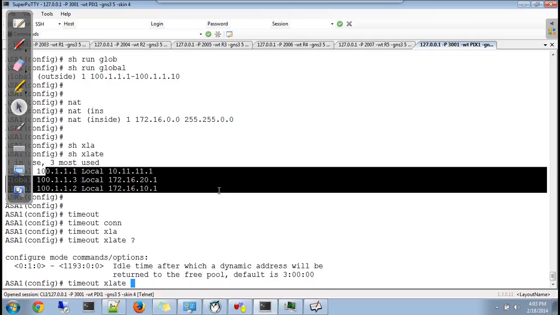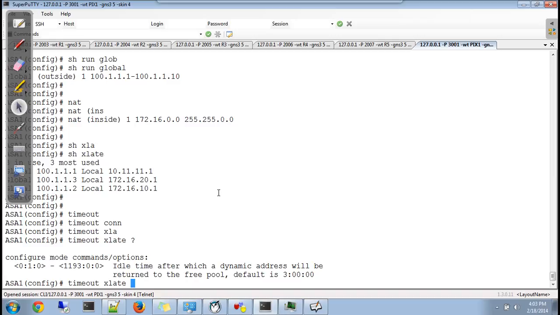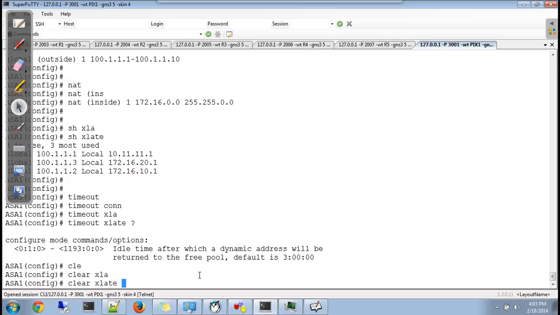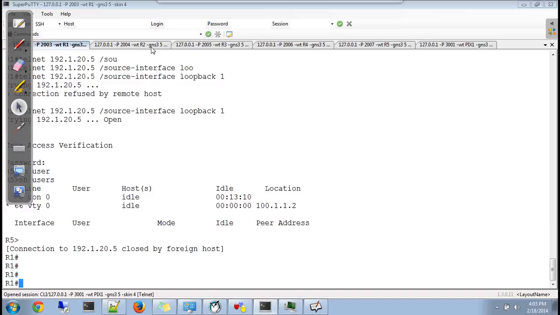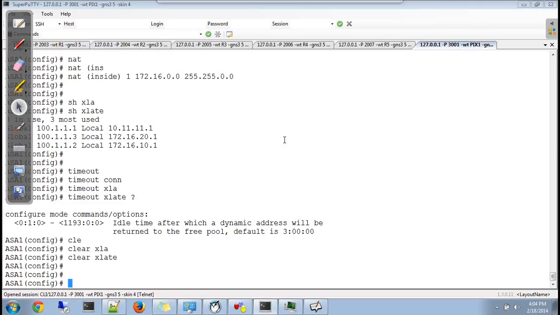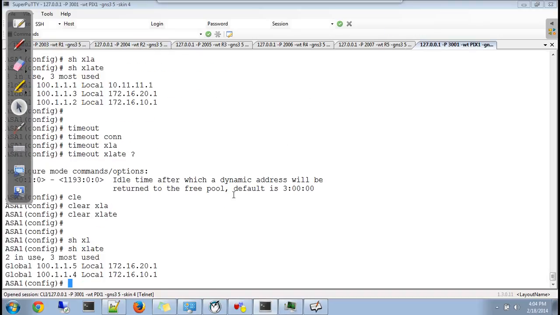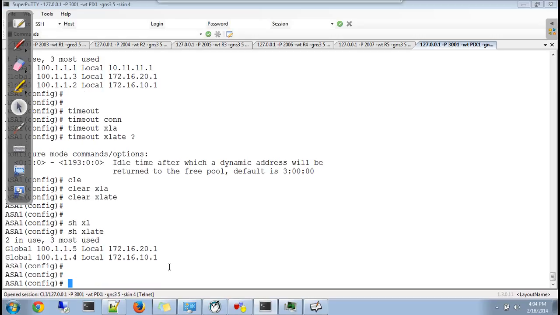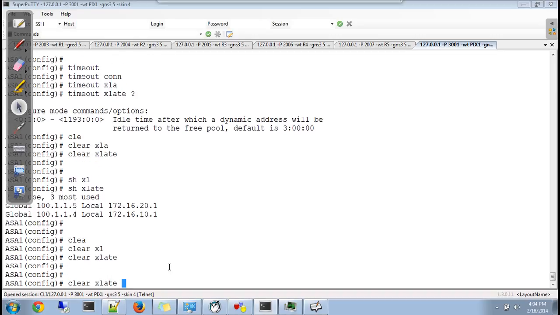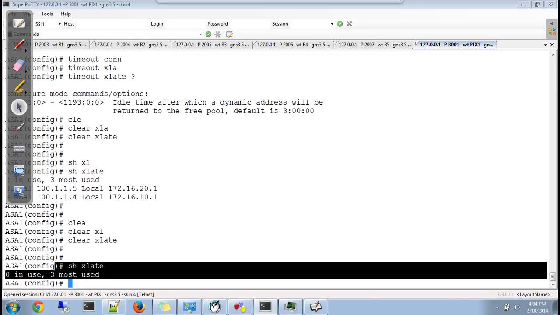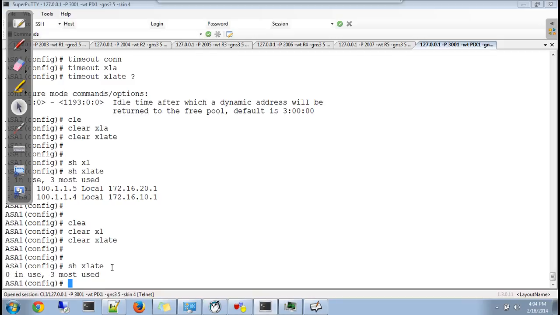But if you want to, you can clear this table by saying clear xlate. Okay, I'll exit from here. So show xlate. Right now, no translation. Suppose there was a translation 3 hours before. Now the translations are clear. 3 hours are over.